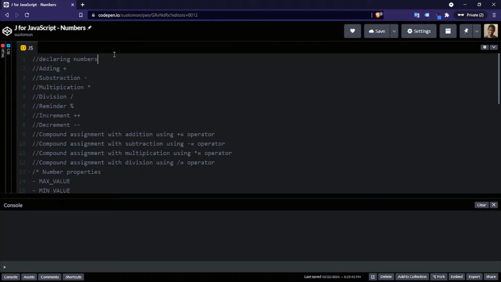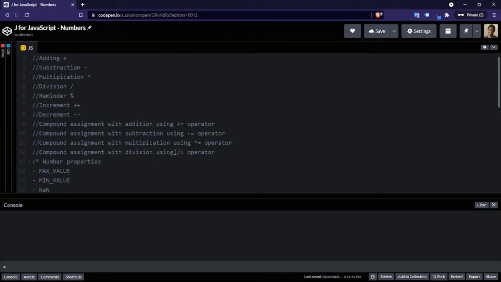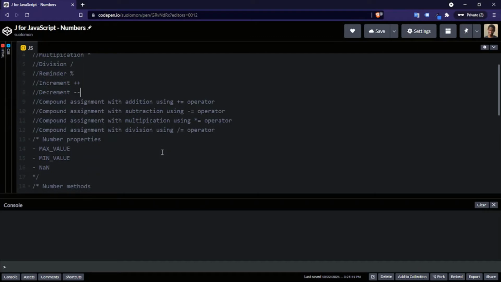So we'll look at how we declare numbers in JavaScript. We'll look at operators, how we perform arithmetic operations using numbers in JavaScript. We'll look at the addition, subtraction, multiplication, division, increment, decrement, and we'll also look at compound assignment with addition, subtraction, multiplication, division. We'll also look at some number properties like the max value, the min value, the NaN or not